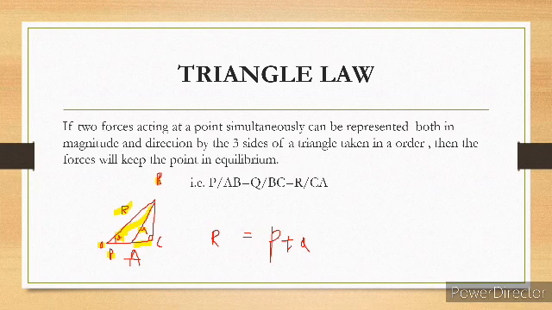If you want to calculate the magnitude of the resultant, after calculating we get R equals square root of P square plus 2PQ cos theta plus Q square. This is the magnitude of the resultant. To find the direction of the resultant, you get tan inverse of Q sine theta divided by P plus Q cos theta. So these are the further proofs of the triangle law. Using this triangle diagram, we can find the direction and the magnitude of the resultant.